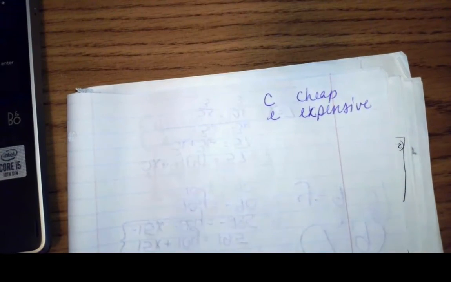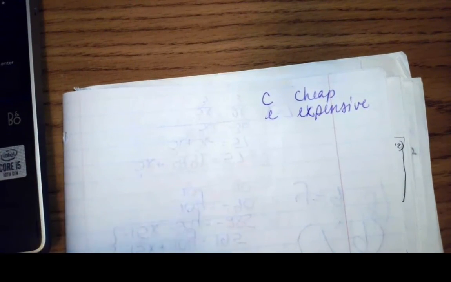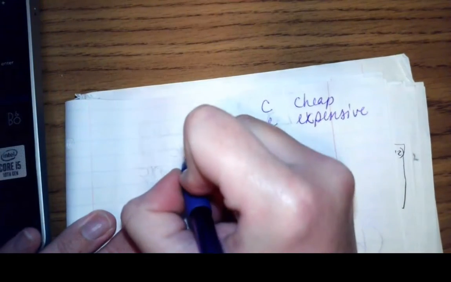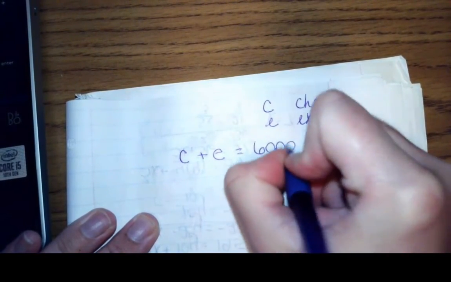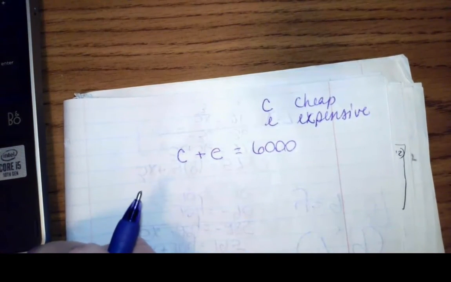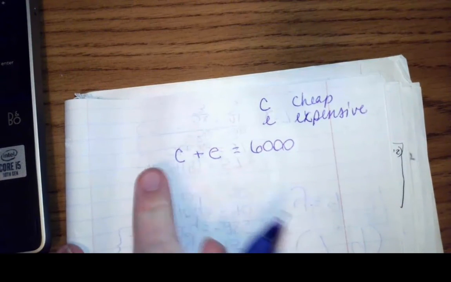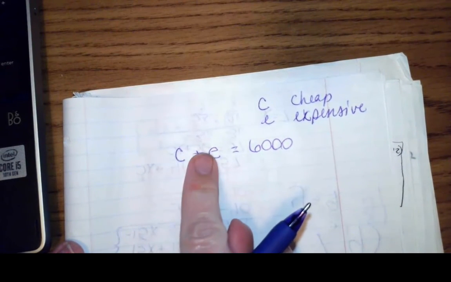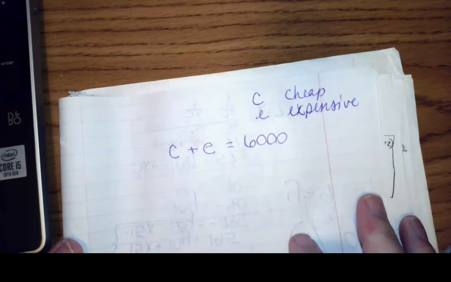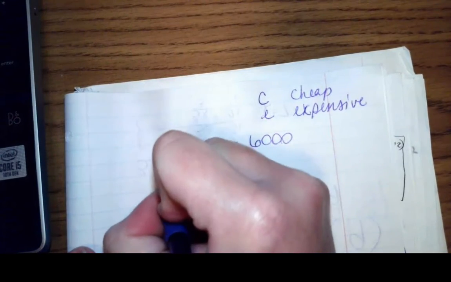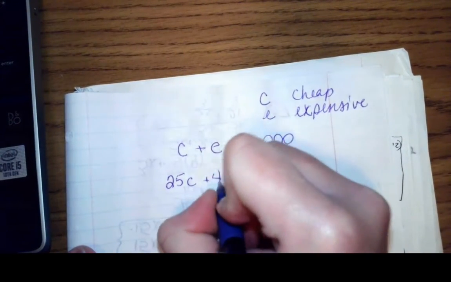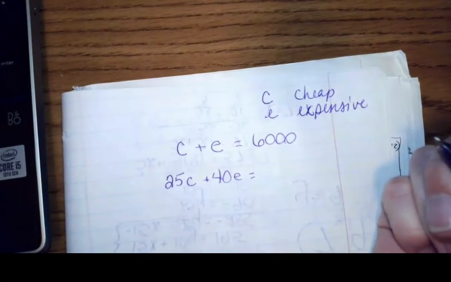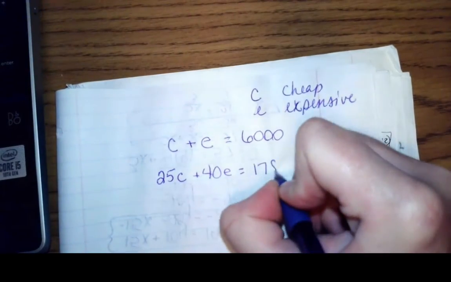You can use X's and Y's, I don't care. I'm using C's and E's. So if I add up all of the cheap seats plus all of the expensive seats, I'm going to fill up 6,000 seats. So that's quantity: this amount plus this amount is this amount. Now we have to do money. So 25 times the cheap seats plus 40 times the expensive seats will give me a total of